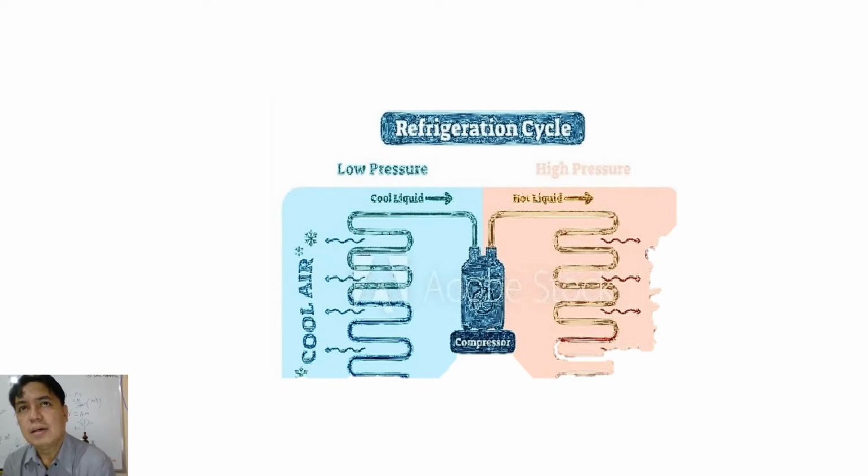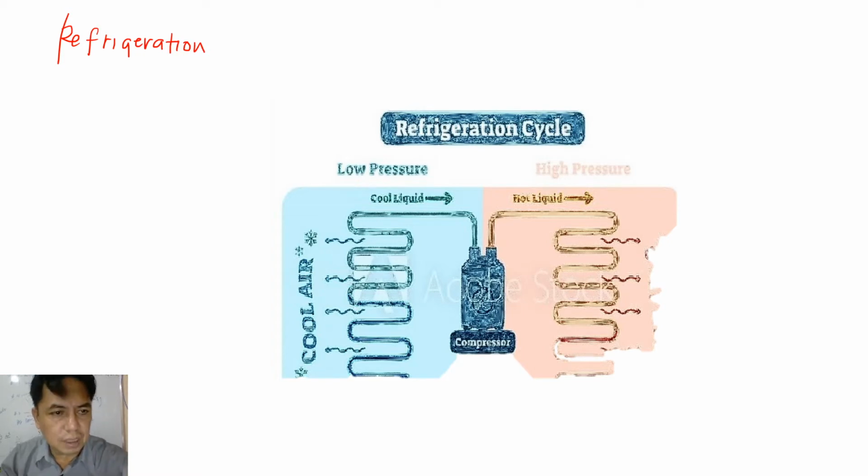Now, the standard vapor compression cycle. First, I would like to discuss why this is called vapor compression and what the different types of refrigeration are. So, when we talk about refrigeration, it's the process of maintaining and controlling the temperature or humidity and other properties